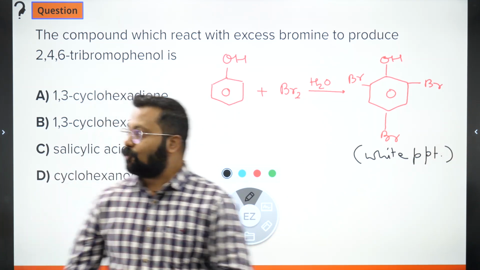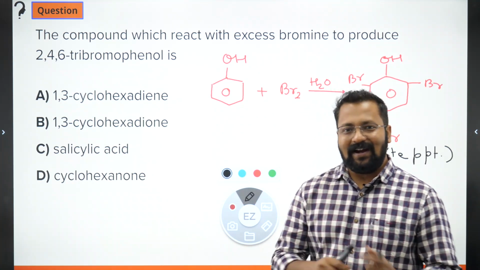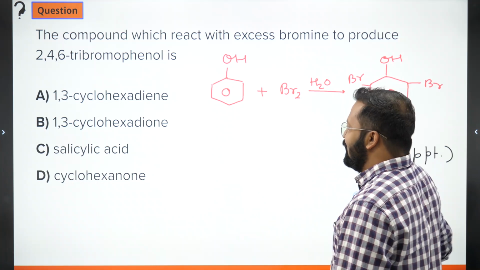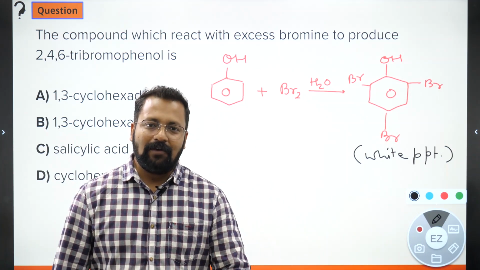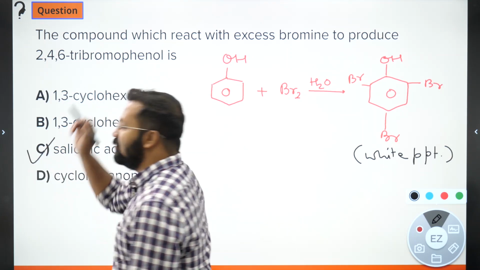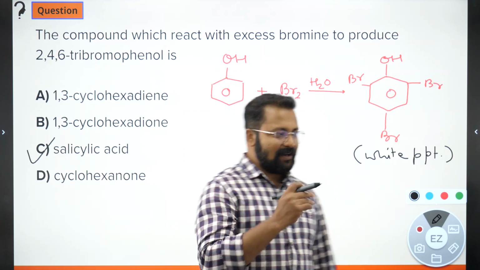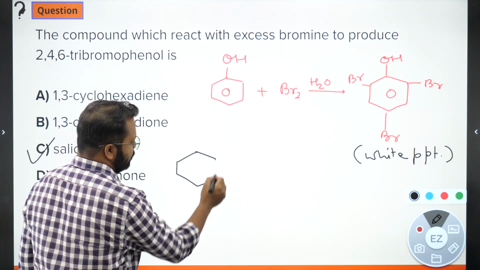Okay, but यहाँ पे तो कहीं भी phenol हमने नहीं लिया है. We have not taken phenol. So how do we identify the answer to this question? See, remember, this test is also given by salicylic acid. उसको याद रखो, ये test also given by salicylic acid because this is salicylic acid